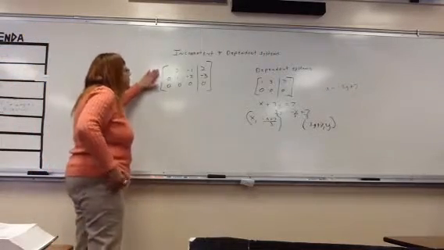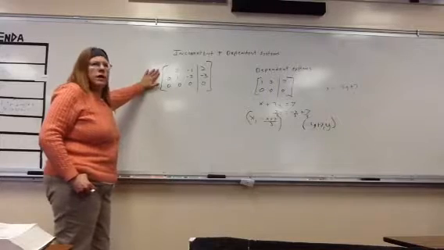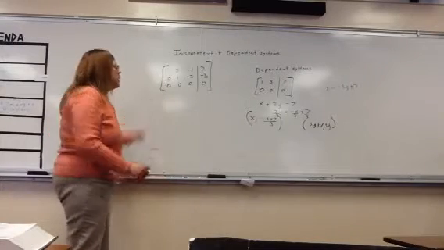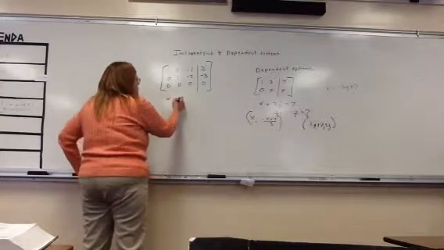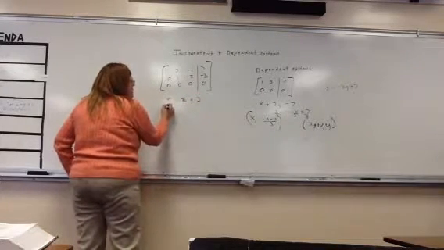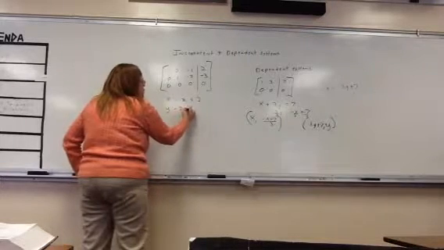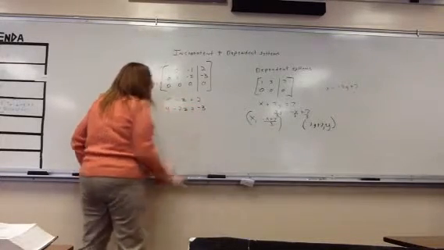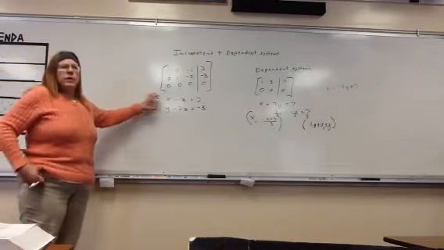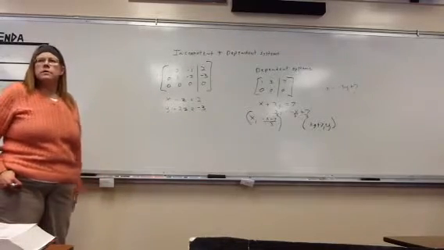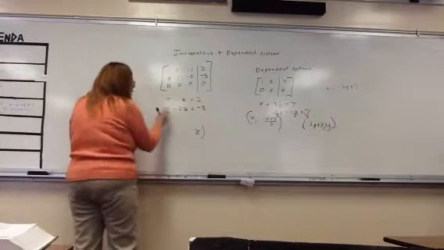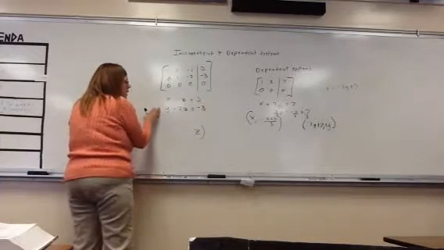This is true even in a 3 by 3. I can come up with a dependent system, and then I'm going to have to write, this is going to be x minus z equals 2, and this is going to be y minus 2z equals -3. So the variable that's in common to both of those is what? Z. So we want z, and then we want these two things written in